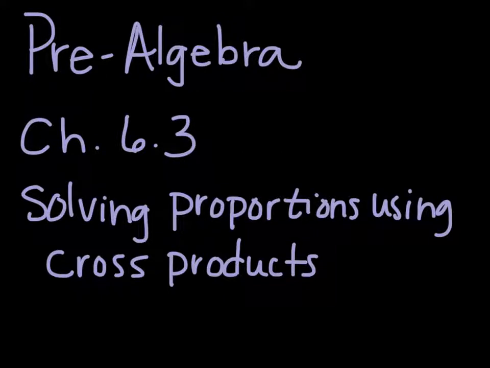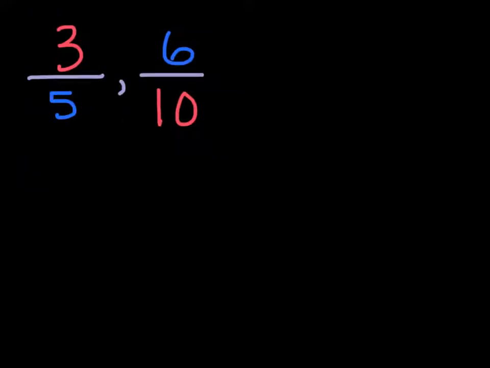Hello, pre-algebra students. This is chapter 6.3, solving proportions by using cross products. Every pair of ratios has two cross products. A cross product of two ratios is the product of the numerator of one ratio and the denominator of the other ratio. If we look at our example here, 3/5 and 6/10,